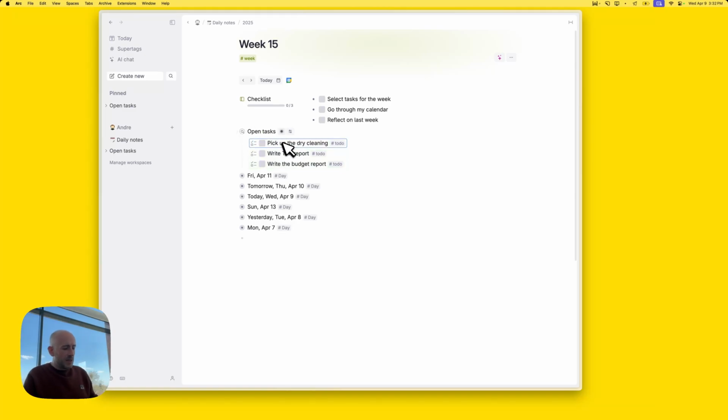And what I really like is if I shift tab, I actually put them on my list for that week. So let's say that I'm only going to do the pick up the dry cleaning and the budget report for this week. And then I'm done. And you can see, hey, now